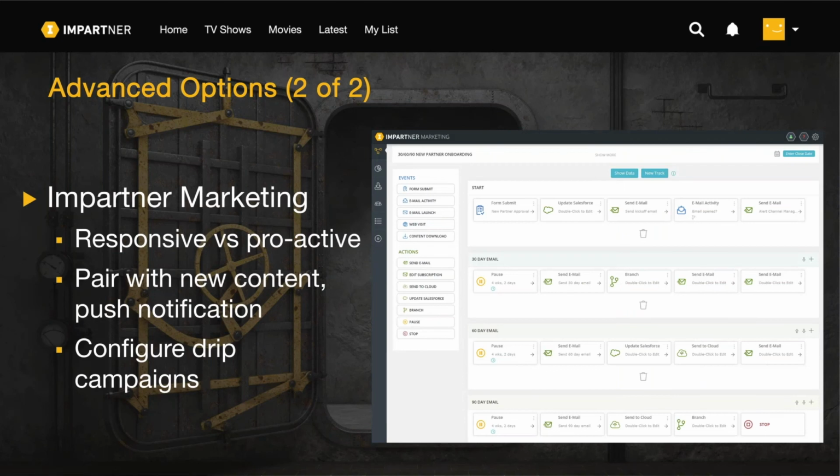Okay, the other advanced tool that many of our customers have is in partner marketing, which allows you to take control of your partner marketing needs. And while the base PRM workflow emails are transactional or responsive in nature, it's based off of a partner does something, or in the case of the inactive alert, they don't do something, they're not logging in, but it's portal related, right? And partner marketing is your standard MAP tool or marketing automation tool, which